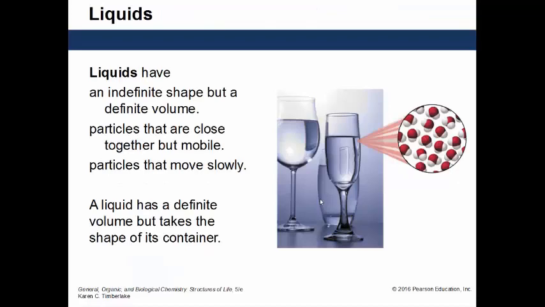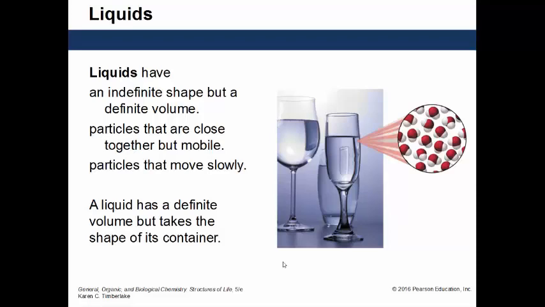All right, next move on to liquids. Liquids have an indefinite shape but a definite volume. A liquid will take the shape of the container that it's placed in. So for this example, you have 3 glasses of water. The glasses are different shapes, so the water will take the shape of the container that it is placed in. The particles are close to each other, but they're able to move by one another,